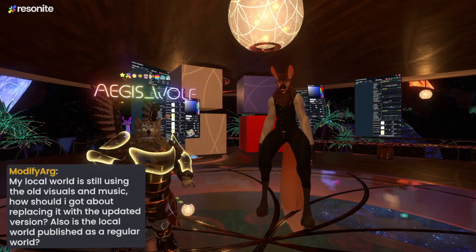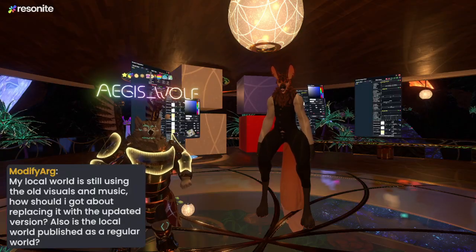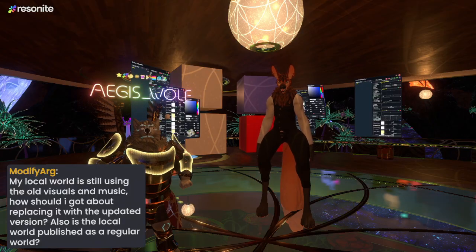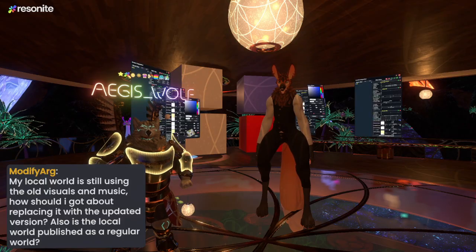Yep, that'll let you export it, and when you export it as a Resonite package, it will just be a regular file on your computer, and then you can drag and drop it back into Resonite, and it will pop up as if you spawned it out of your inventory. This can even be items that have protoflux and things set up on them. It's literally just as if it was from your inventory.